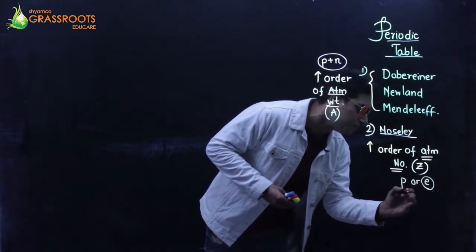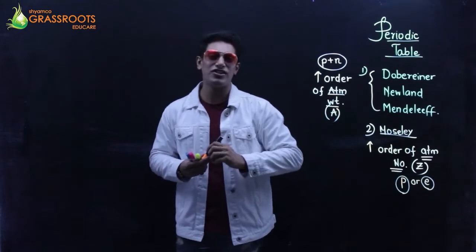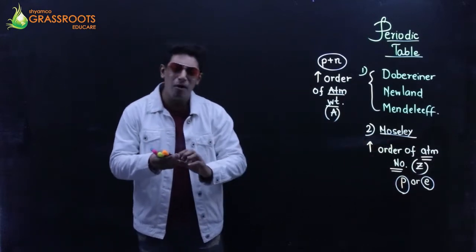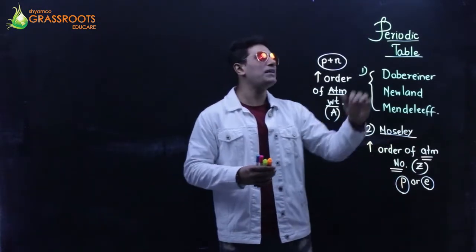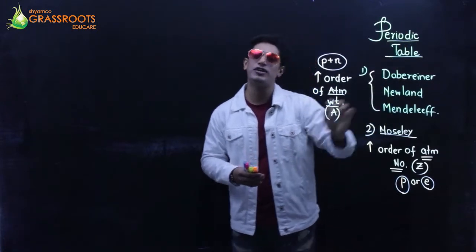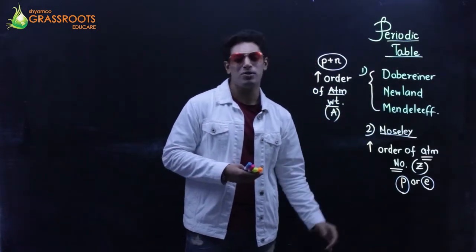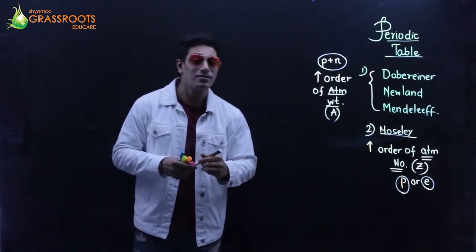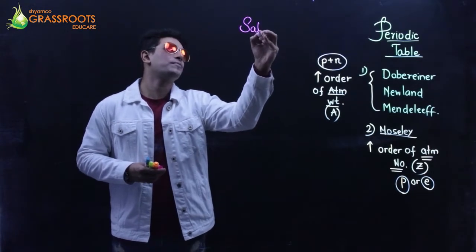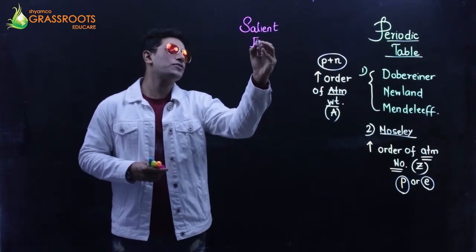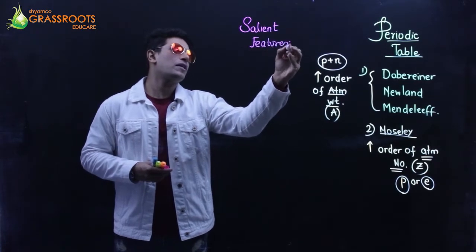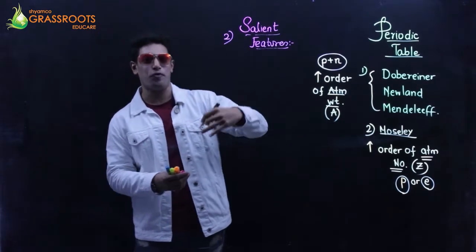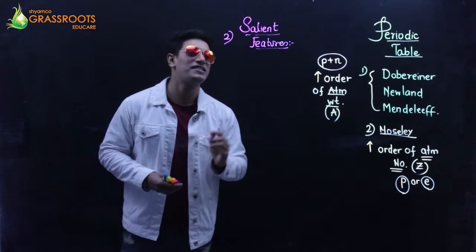or electrons. So Moseley changed the dimensions of placement, and then this was a bit more polished and restructured into a periodic table. So Moseley's periodic table was actually the successful one. And in Moseley's periodic table, let's study the salient features. So the salient features of the modern periodic table, or a derived form of Moseley's periodic table, is as follows.